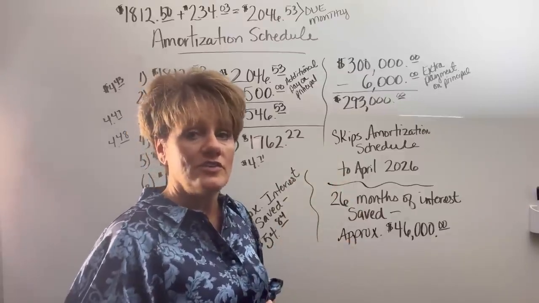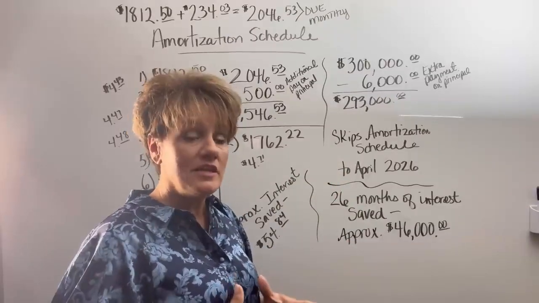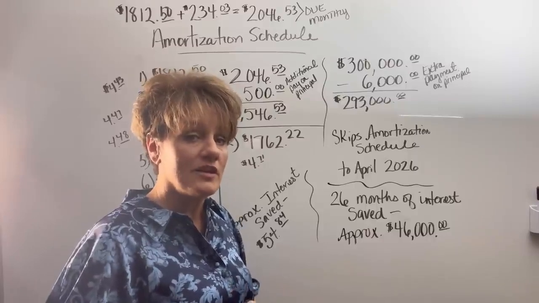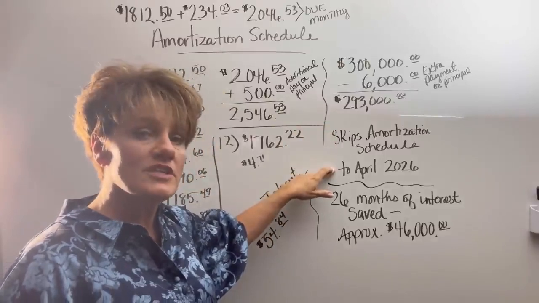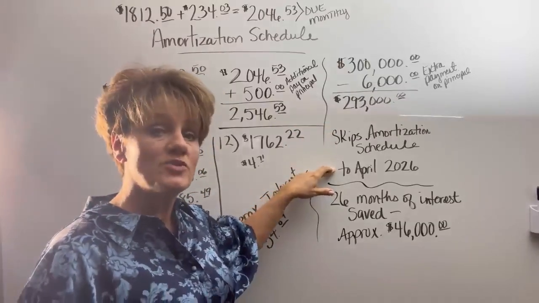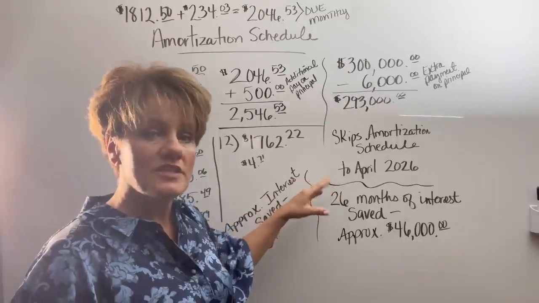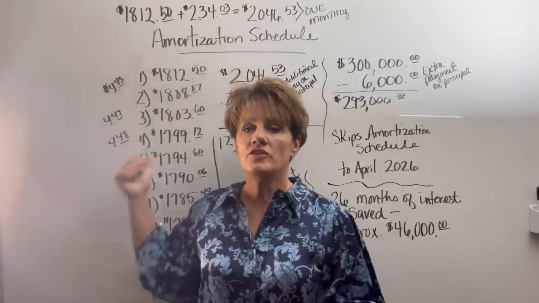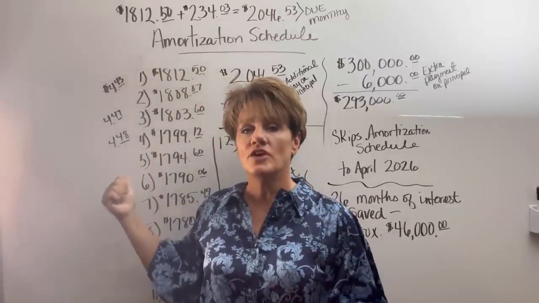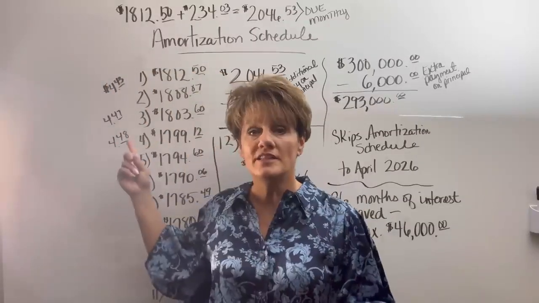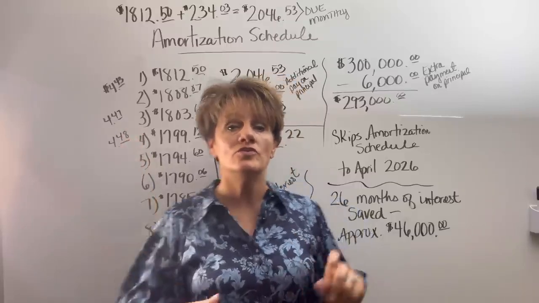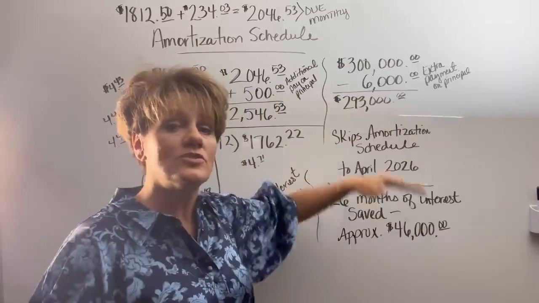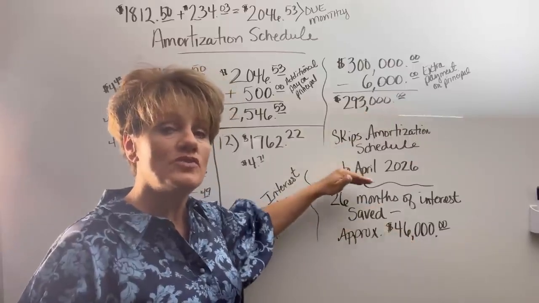Wow, that sounded confusing. It makes sense to me, but you might have to think about it for a minute. With that being said, you're going to skip the amortization schedule to April 2026. So what does that mean? Well, that means that while you're sitting over here making $500 payments, you're still paying this $1,700 plus interest charge every month. But when you do a chunk and you actually get to skip the schedule, it moves you up